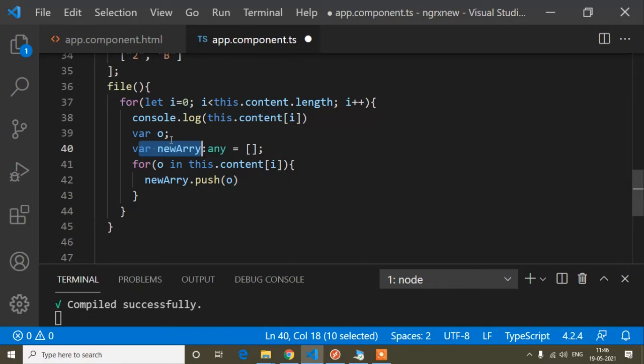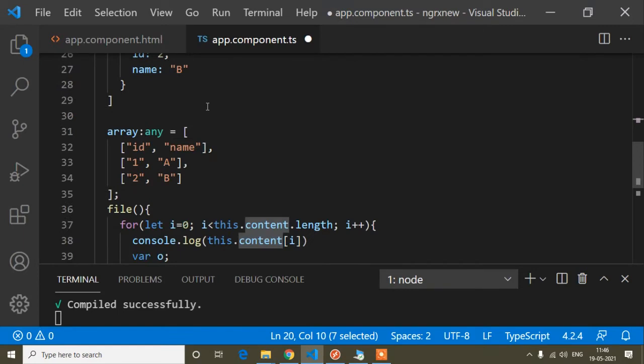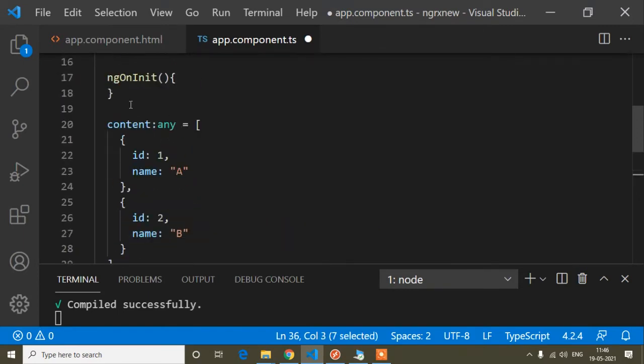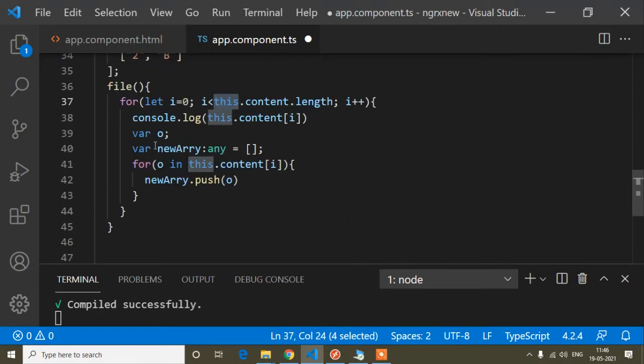When we want to access a global variable, at that time we write the this keyword, like here content is a global variable, because this content variable is outside this file method. So that's why I have written this keyword. But here I have written new array, this is a local variable, so I don't need to write this keyword. Just new array dot push o.